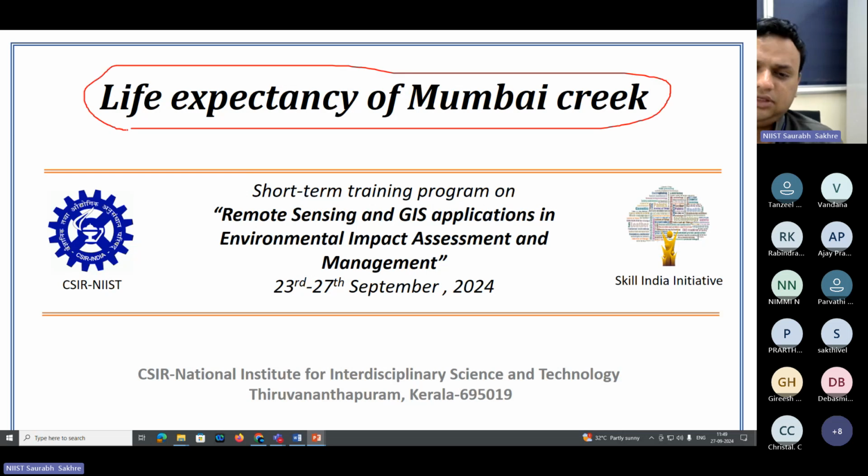As you know, there are three major creeks in Mumbai: Thane, Malad, and Manori. Thane is the biggest one. Malad and Manori are smaller than Thane, but all three are considered the major creeks of Mumbai, which provide ecosystem services to the urban areas of Mumbai. Now, what we have tried to do here is that